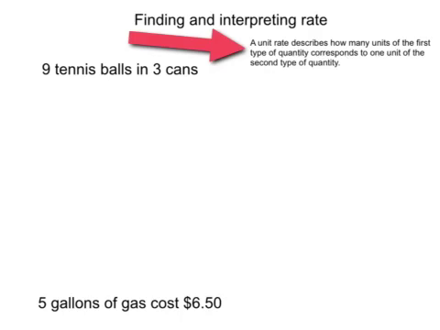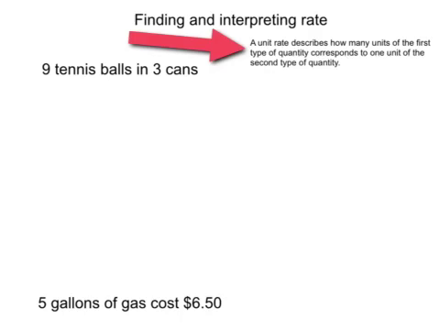So, first, we need to understand what unit rate is. A unit rate describes how many units of the first type of quantity corresponds to 1 unit of the second type of quantity. In easier terms, we could say that there are 4 quarts in a gallon. So there's 4 quarts to 1 gallon. All right, so now let's do an example where we are going to show